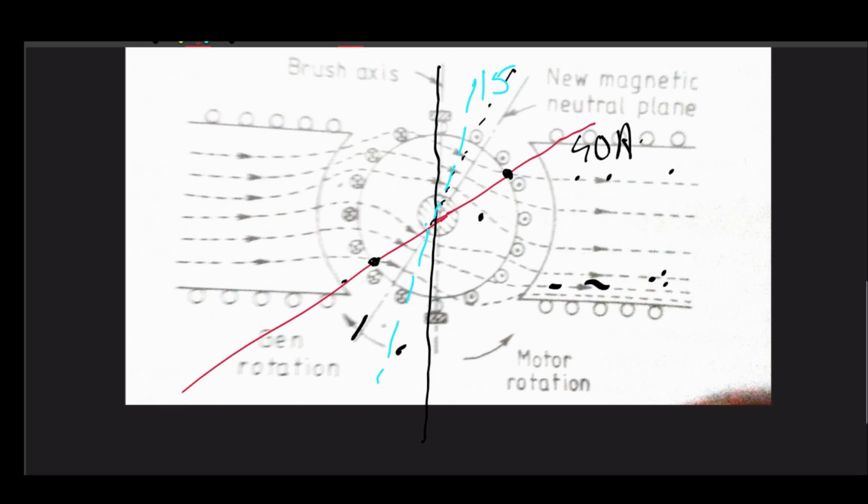So this is for 15 ampere, but your brushes are here. So obviously you cannot operate your machine at a reduced load, but that is not desirable. It is an undesirable case, like your machine can only be operated at rated load. Obviously you should not exceed the rated load, that's a different issue, but it is not like that you cannot load your machine with